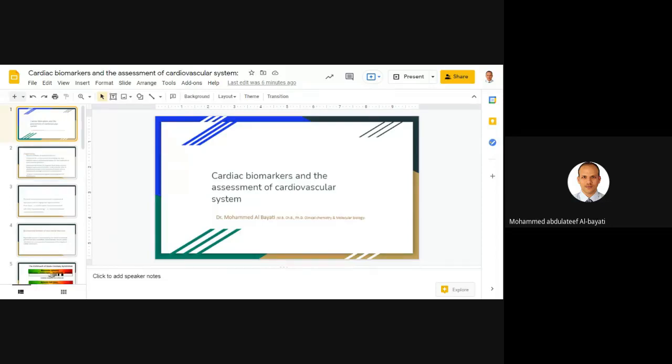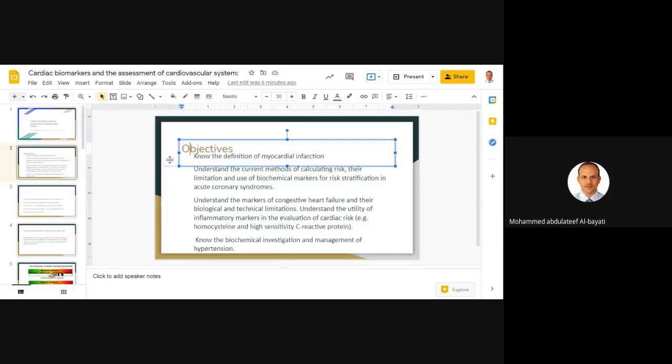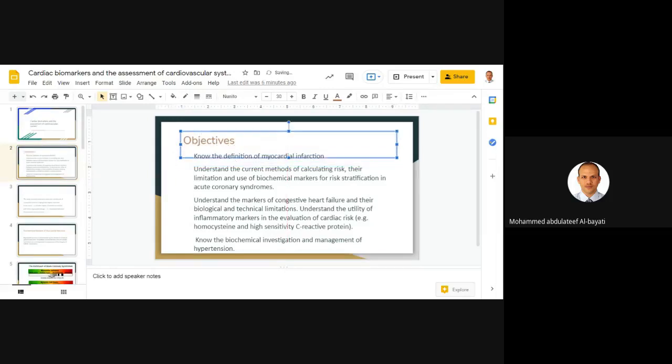Today's lecture will be on cardiac biomarkers and assessment of the cardiovascular system, continuing from the past lecture, which was about the lipid profile. As we know, the lipid profile carries the risk for cardiovascular disease from increased cholesterol or increased LDL cholesterol,